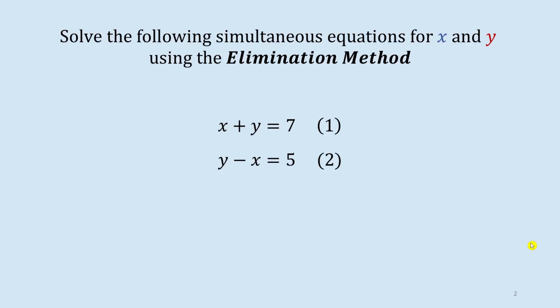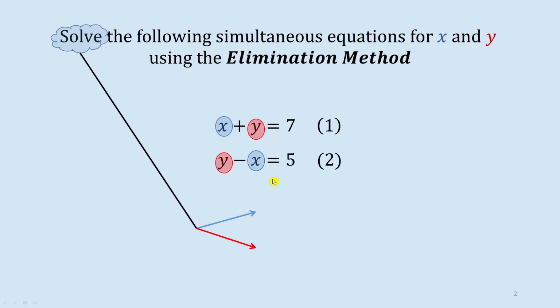So I've got two equations here. I've got equation 1 and equation 2. It's asking me to solve the following simultaneous equations for x and y. In the red, we have y, and in the blue, we have x. We want to solve them. When it asks us to solve, we want to find out what x is by itself and what